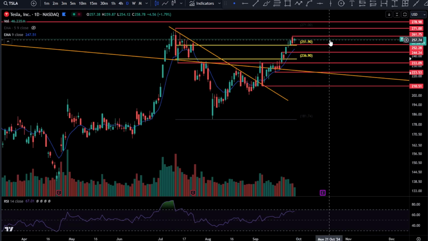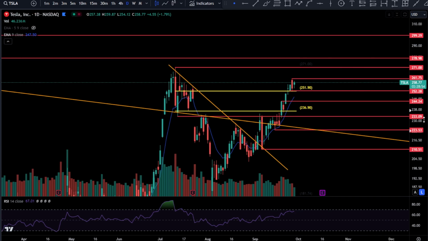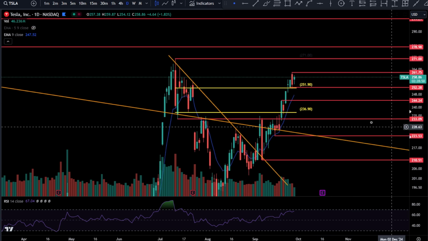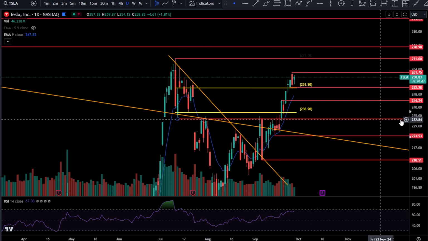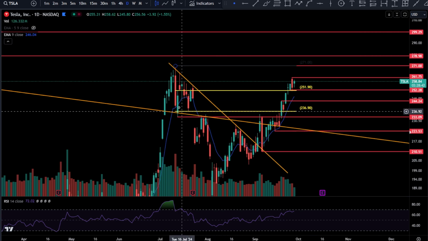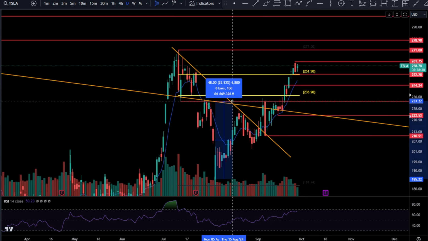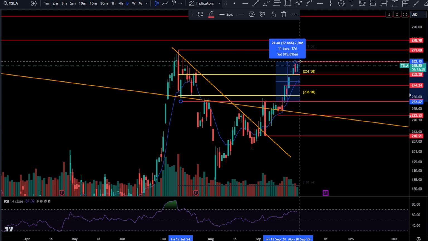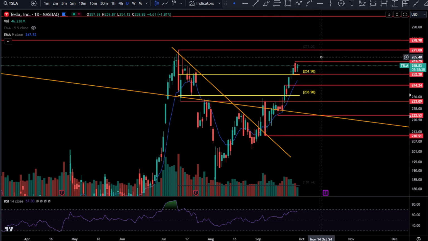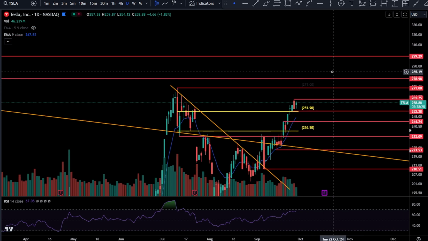Tesla, how we looking? Broke above the 0.786 fib the other day. Now you're just consolidating above it. I don't know if you're actually going to pull back here. If you lose 252.28, watch 244.24, and I would like that. Ideally, you come all the way back here to 233.09. It's probably not going to happen, but that would be the ideal entry here because you had this inverse head and shoulders pattern. But at the end of the day, you didn't see the full move play out. Definitely didn't see the full move. But 30 out of 50 bucks have already been played for this measured move here. I think it's heading up here, 271, then 278.98. Pullback is a buying opportunity.